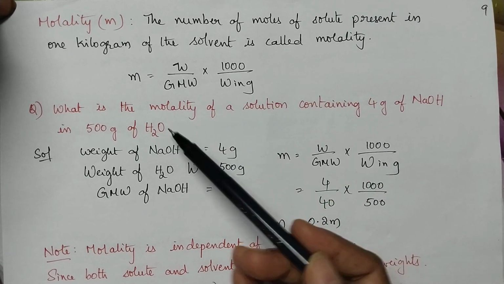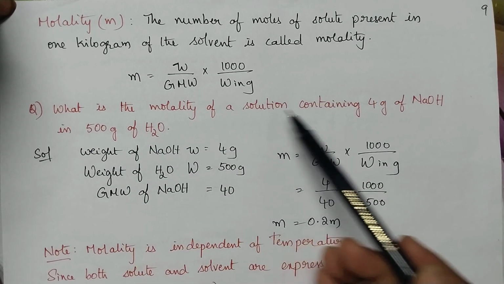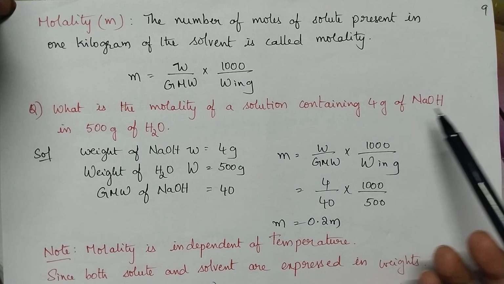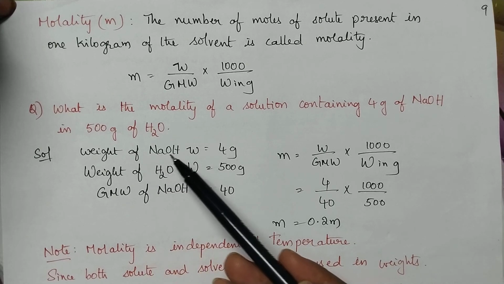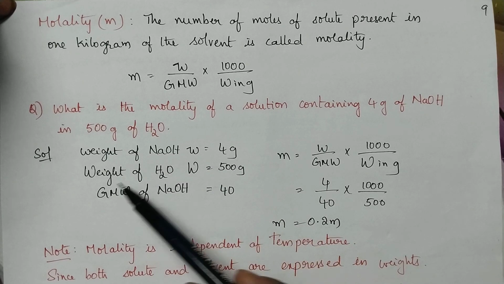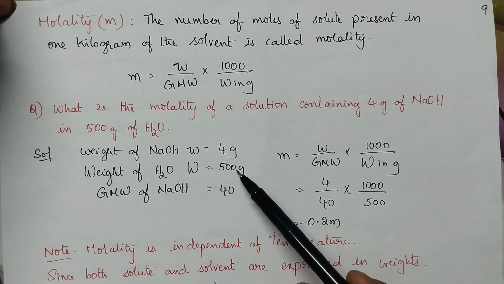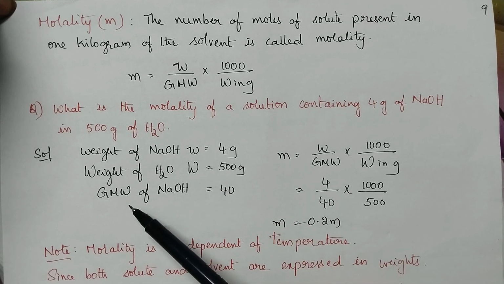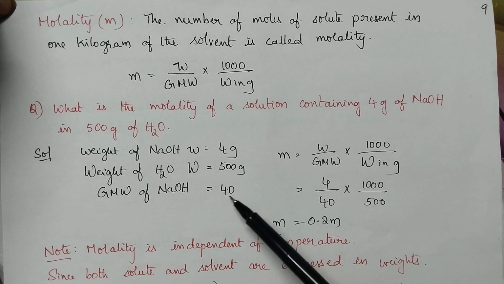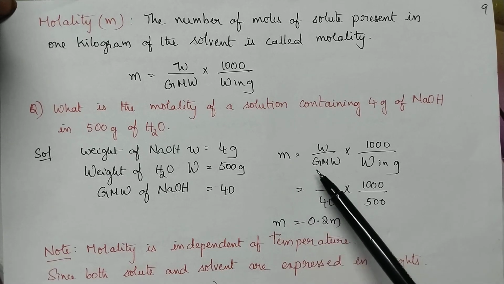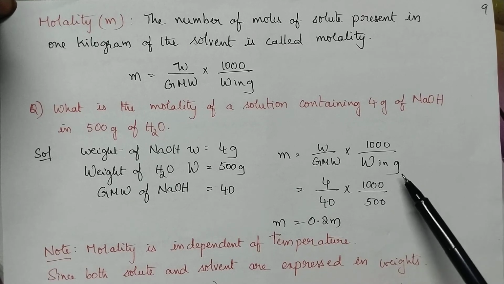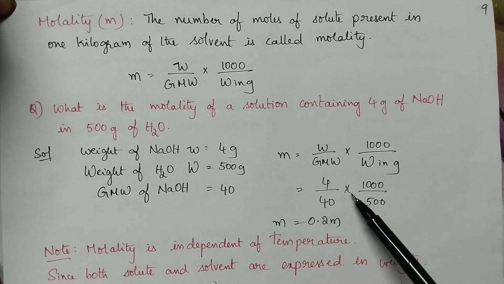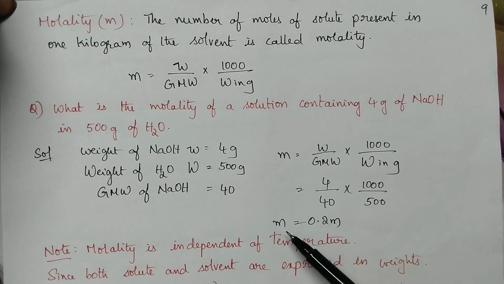Coming to the problem, what is the molality of a solution containing 4 grams of NaOH in 500 grams of water? So what is the weight of the NaOH? That is equal to 4 grams. What is the weight of the water? That is equal to 500 grams. Gram molecular weight of NaOH is equal to 40. So molality is equal to weight by gram molecular weight into 1000 by weight in grams. That is equal to 4 by 40 into 1000 by 500, and hence finally the molality of the solution is